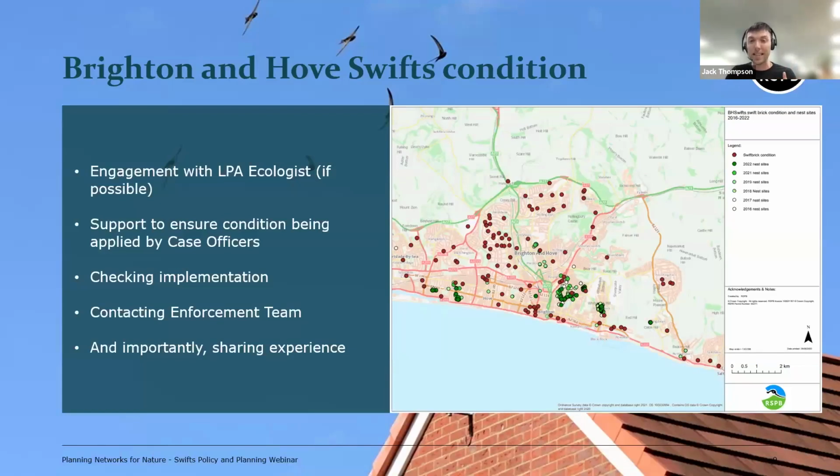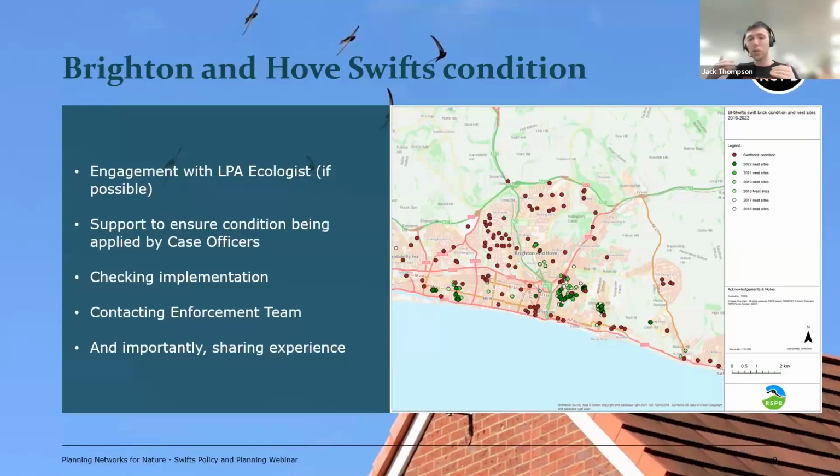I've got a slightly out of date map now that just showcases where these developments can be found spread across the whole of the city, as you can see on this map on the right hand side. With sites around key hotspot areas, alongside some potential corridors as well. We're really hopeful that connectivity of nest site availability will be enhanced for the future if these bricks are in